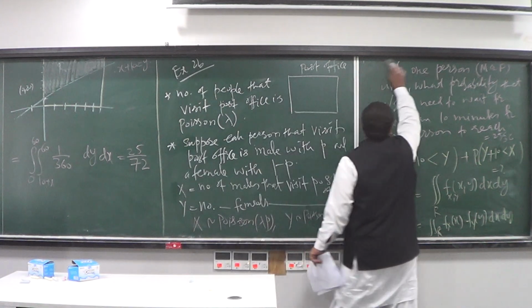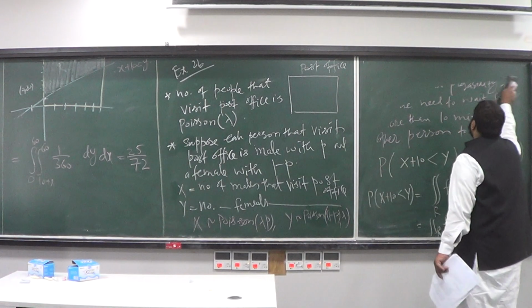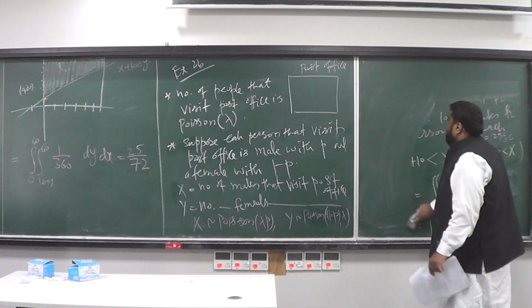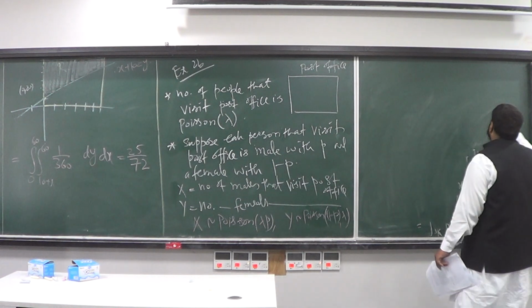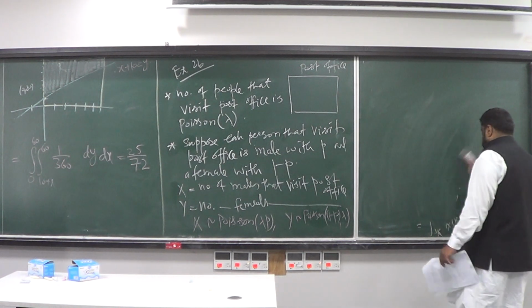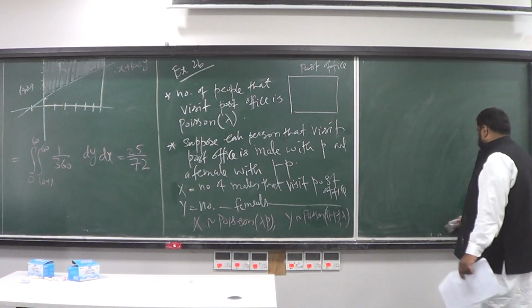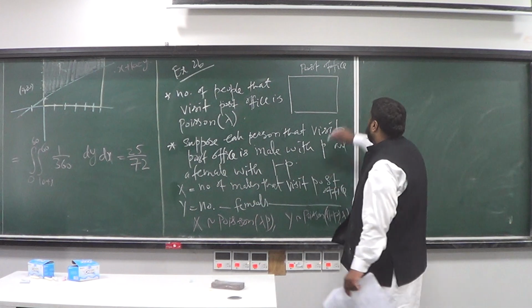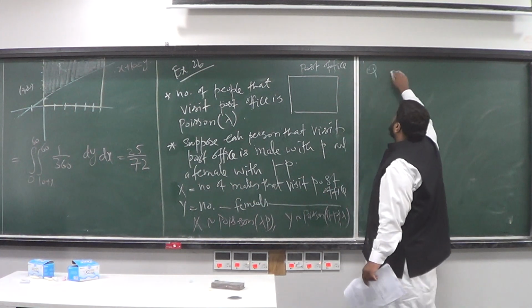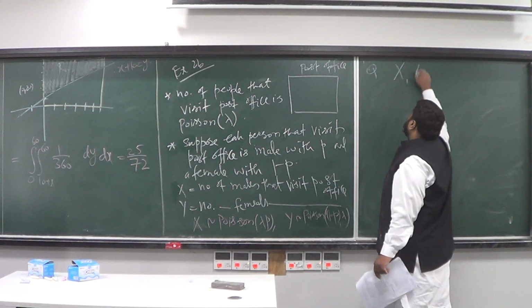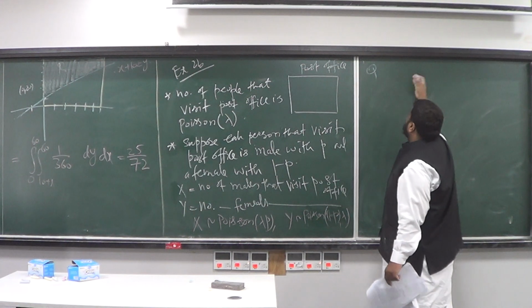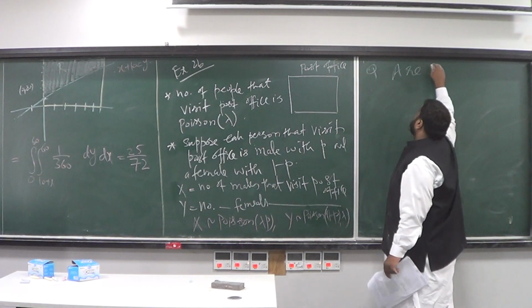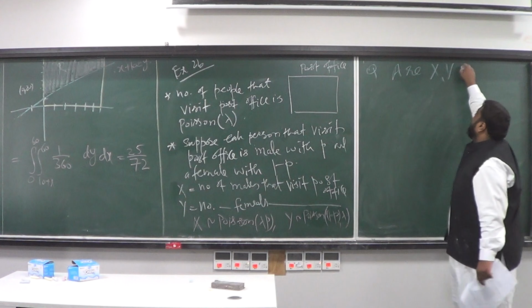The answer is to prove that X and Y are independent of each other. So the key problem that we would like to do is: are X and Y independent? Are X, Y